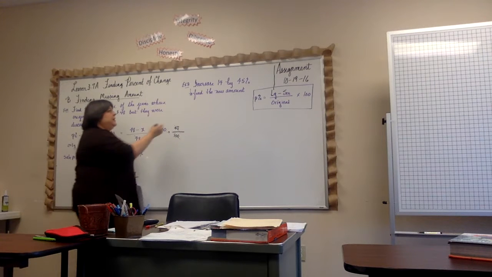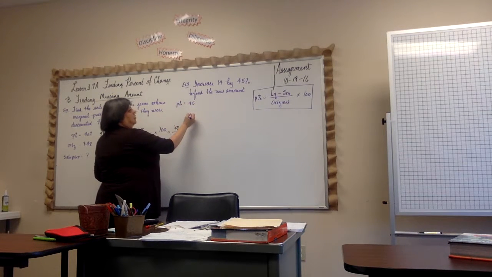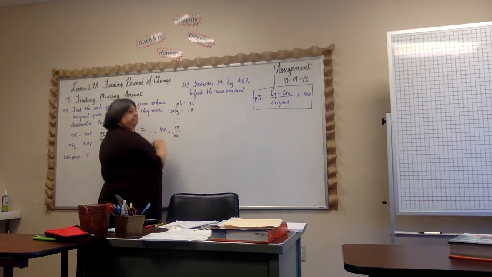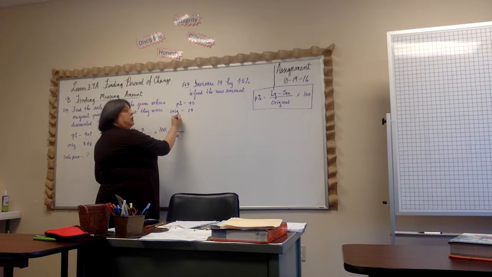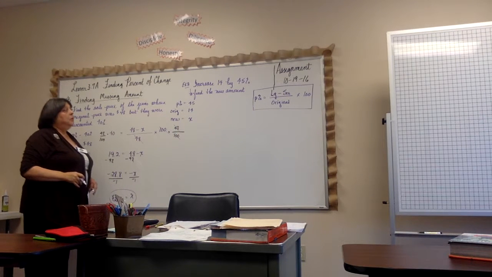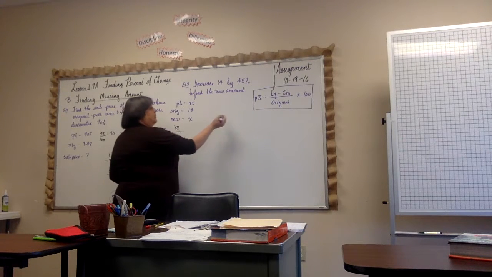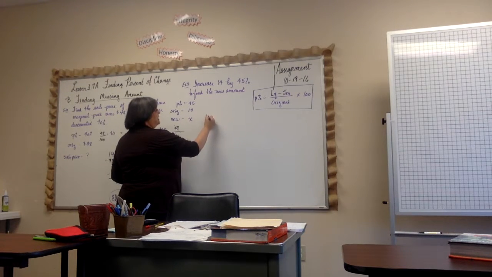So we know the P% is 45. We know the original number is 14. I'm trying to increase it, so I don't know what the new number is, the increased number. I'm just going to call it X. But what I'm doing here is I'm increasing. So, setting it up with the formula, we say